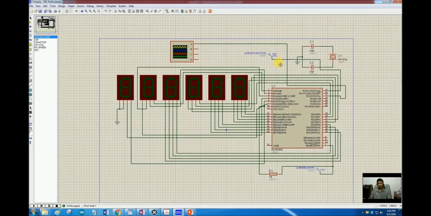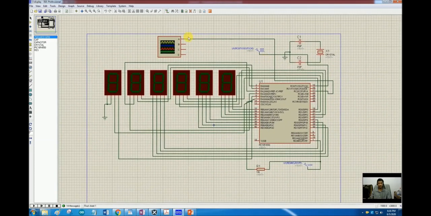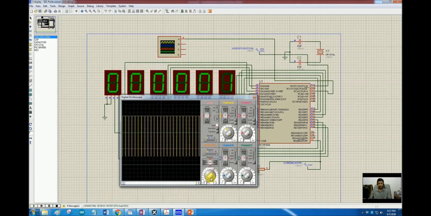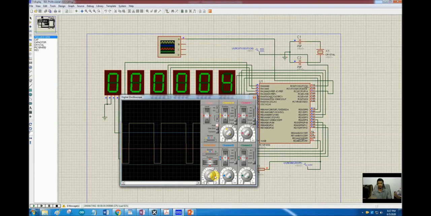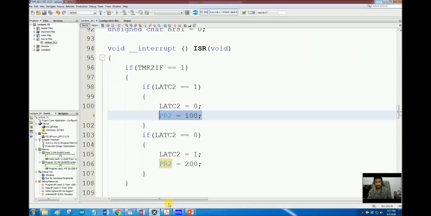This is our previous design, and here I have connected this oscilloscope pin to RC2. That was our output. So what we should have is a waveform with 200 microsecond on cycle and 100 microsecond off cycle, and the clocks should keep working in the background. And I will tell one more thing about the clock or the Proteus and the stopwatch. So let's see that. Okay, so here is our waveform. This is not good. That is not what we required. So we did something wrong in this code.